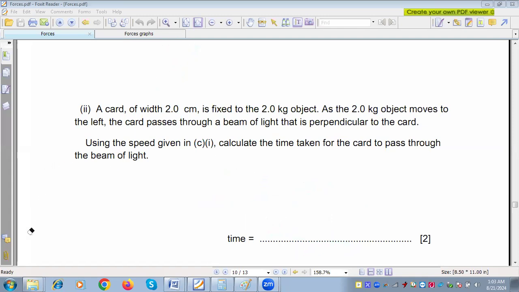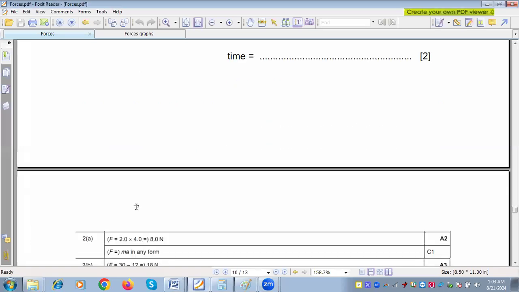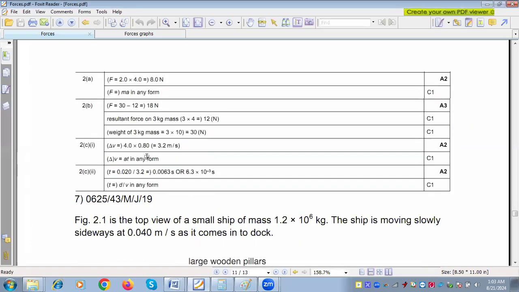Let us have a look at the marking scheme. Yes, I have taken the right value of speed. The force 8 Newton, 2 marks for this. Then the upward force exerted on the mass of 3 kilogram. Change in velocity divided by time, that is the speed was to be calculated. So this is now done. All the marks are